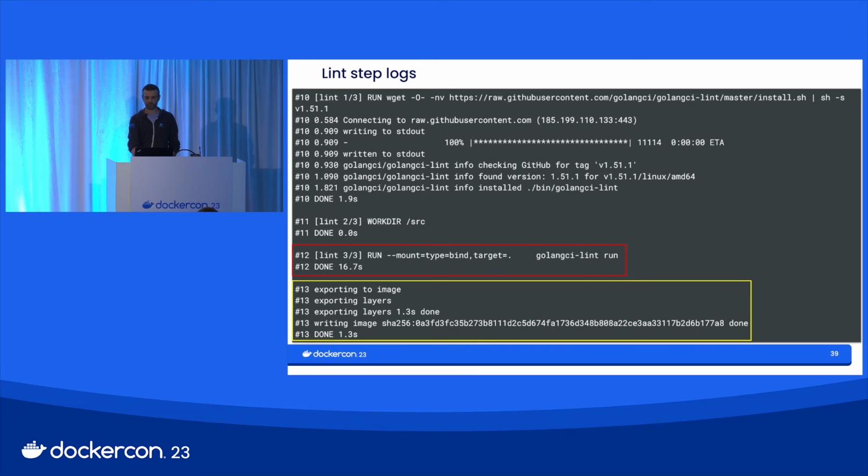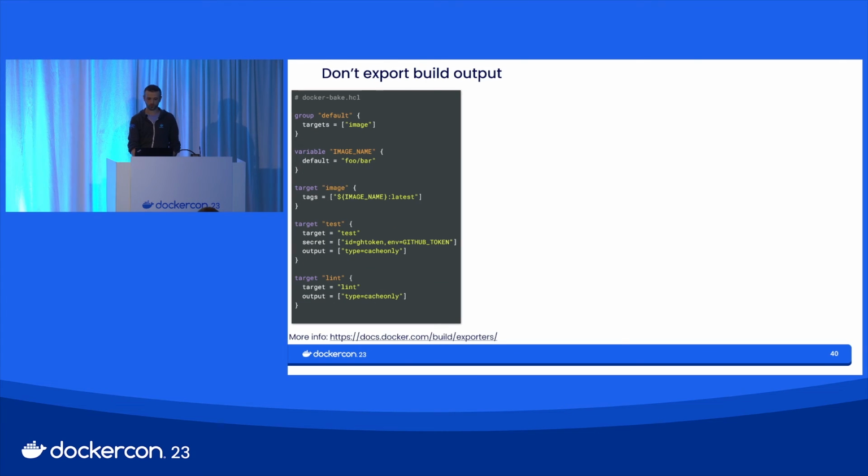But you can build without exporting anything. To do this, for this target only, you can use the cache-only